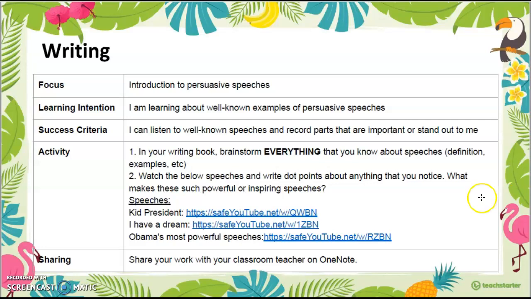Now the second one, you'll write down your dot points for Kid President, and then for your second one you'll write I Have a Dream as your heading, and then underneath you'll be writing some dot points about what you noticed and why you think it is such an inspiring and powerful speech. I Have a Dream is a very, very famous speech worldwide, and it was spoken by Martin Luther King.